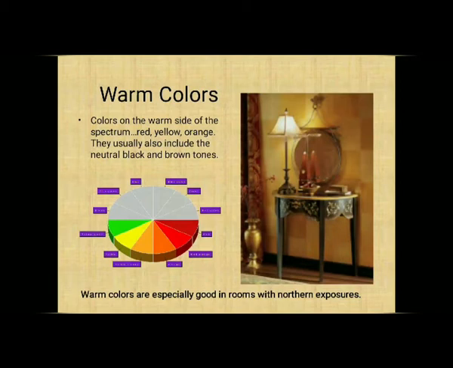So neutral black and brown tones also have a mixture of white and black in that hue. So brown, with a mixture of white and black, is a warm color. Okay, so half of the circle is warm colors, especially good in rooms of northern exposure, meaning warm colors will suit the northern hemisphere.